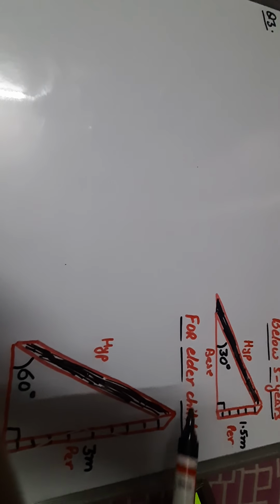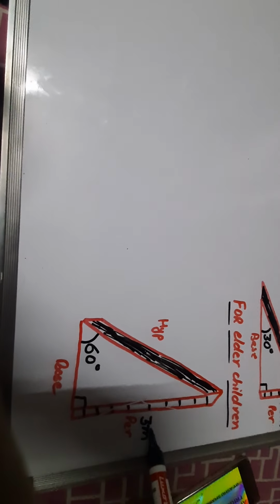So let me first of all explain what it means. Slides means फिसल पट्टी. तो जो कॉन्ट्रैक्टर है, टू टाइप के स्लाइड फिसल पट्टी पार्क में लगाना चाहते हैं. एक छोटे बच्चों के लिए, below 5 years, that is with less height. बेटा, हमेशा स्ट्रेट 90 डिग्री वाली की बात की जाती है. मीन्स जो स्लाइड का टॉप है, this is the slide, its top is at a height of 1.5 meter. And for elder children, steep slide means थोड़ी सीधी सी, at a height of 3 meter and inclined at an angle of 60 degree with the ground, and the other is inclined at an angle of 30 degree.